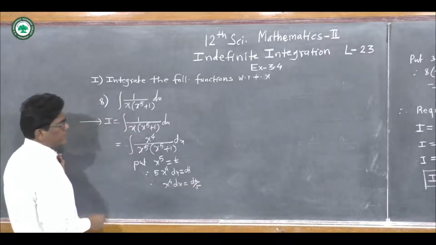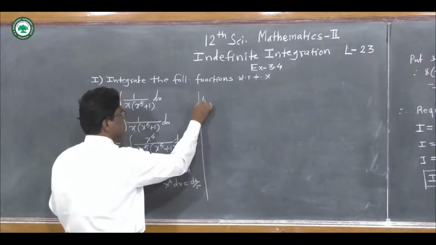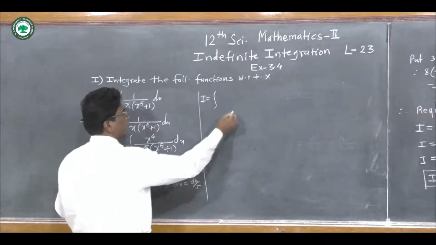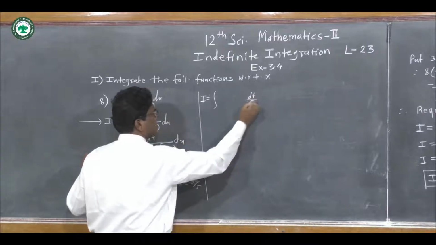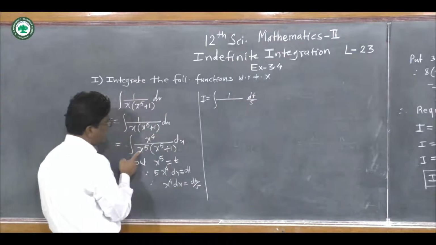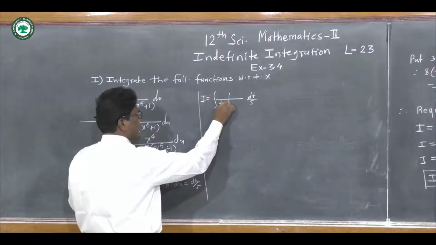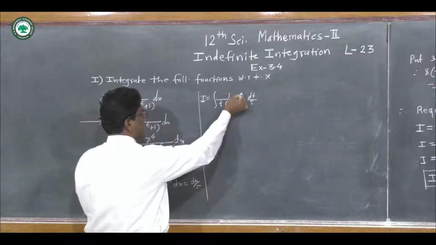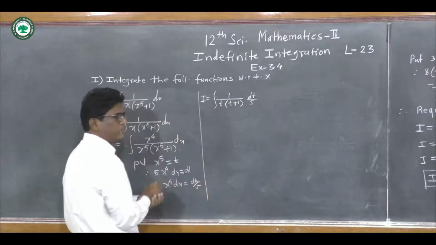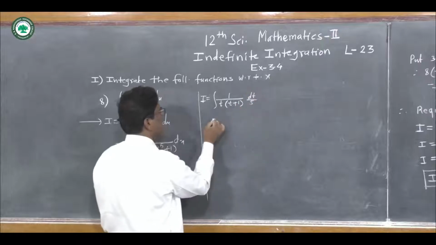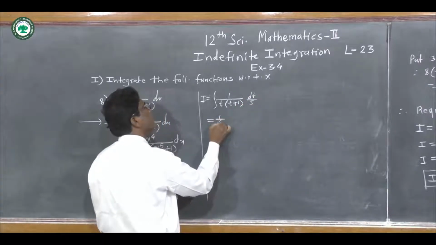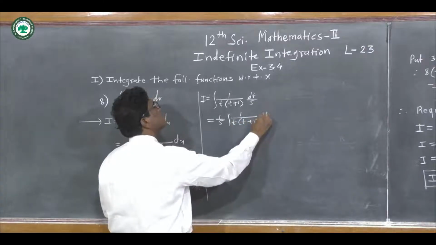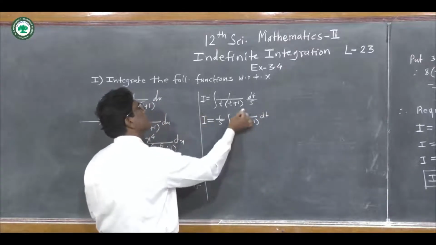And therefore this required integral I becomes I is equal to integration of x to the power 4 dx is dt upon 5. So it is dt upon 5. In the numerator there is 1. Here x to the power 5 is t, and again here x to the power 5 is t plus 1. And now we solve this by integration by partial fraction. So we write this 1 upon 5 into integration of 1 upon t into t plus 1 dt. This is I. Now consider this part.